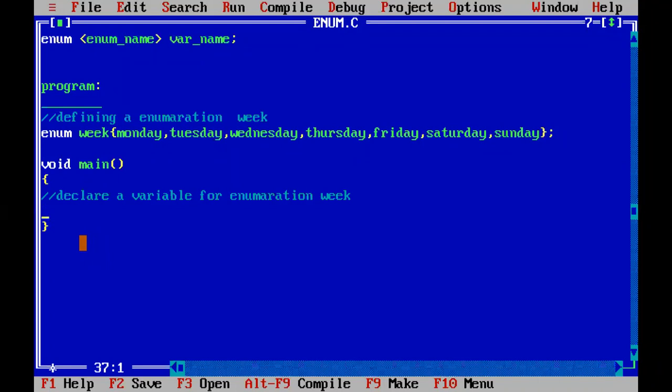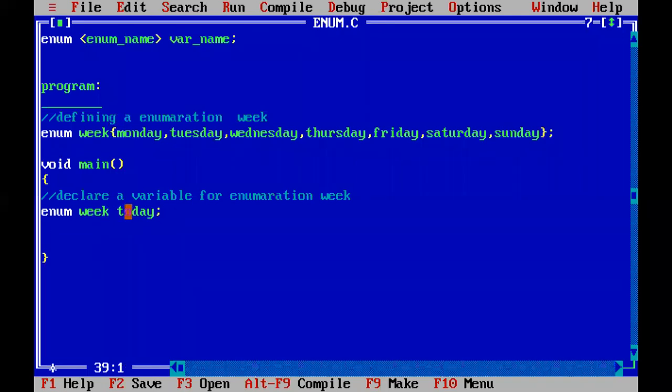Then you see the syntax: enumeration name followed by variable name we have to write. So you see the enum keyword followed by, for which enumeration you are going to create the variable, for week enumeration, the name of the week, and space, the variable name is today I am writing. So today is the variable name given for week enumeration.